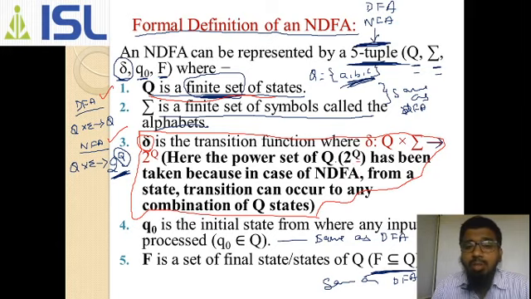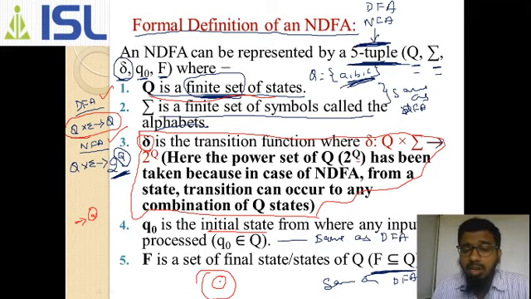In DFA we have Q cross sigma giving Q, and here Q cross sigma gives 2 to the power of Q. The initial state is represented as a single empty state,